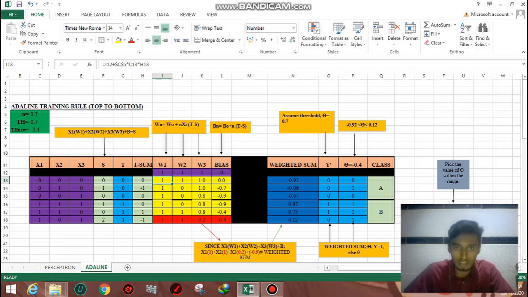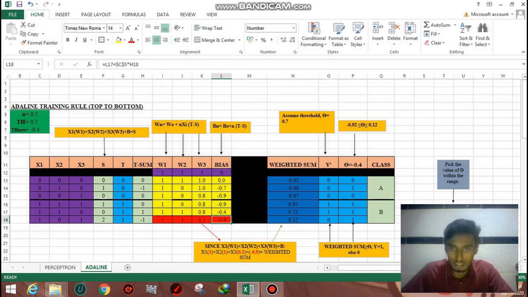For bias, we use this formula, which is b initial plus n, which is 0.7, times t minus sum. B initial is 0 plus n 0.7 times 0. Okay,